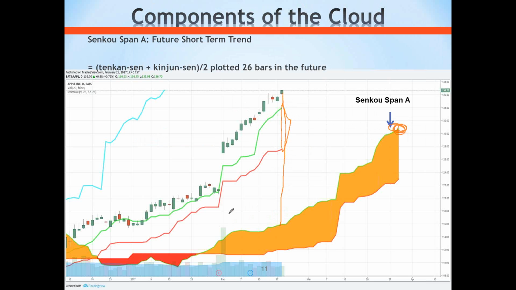That might make more sense, right? People ask me that all the time. Why is it 9 and 26 and not 10 and 30? And the original development of this thing, that was the reason. And what practitioners have actually found through testing is that tweaking those levels to something that might sound a little bit more pleasant or line up with other things we might normally use didn't really change that much the effectiveness